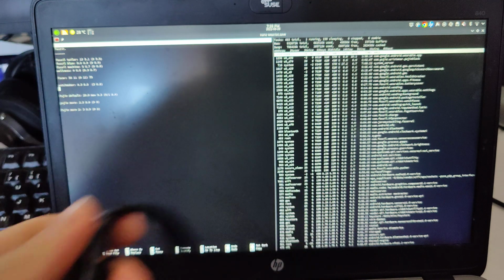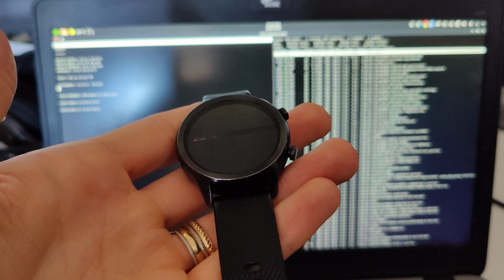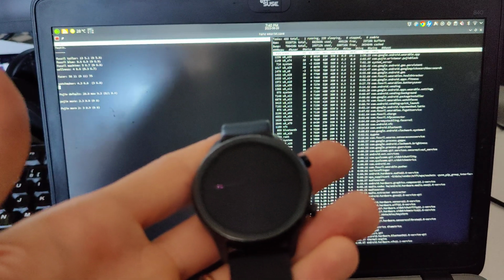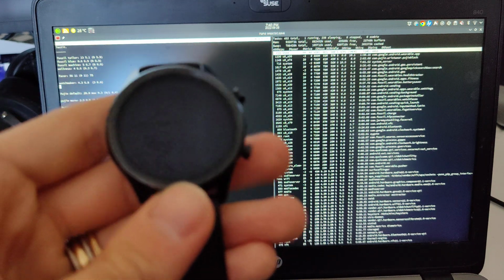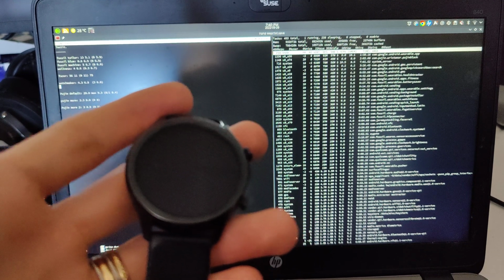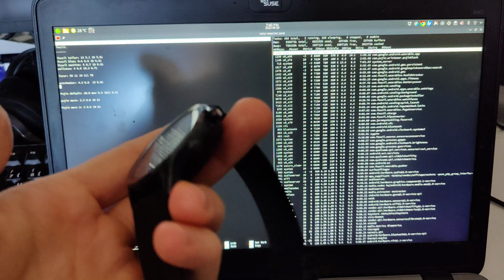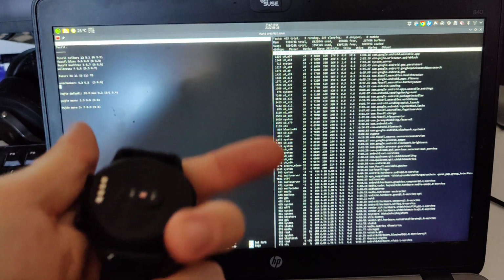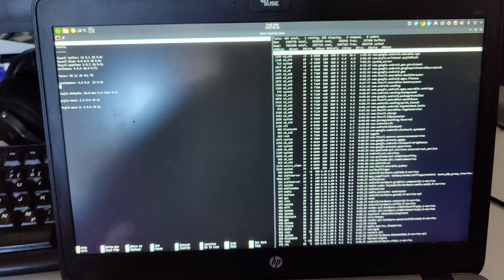But actually, when I deleted all the bloatware that was in it, then it was quite impressive, because it worked kind of smoothly. So if you have a Linux machine or Windows with some capability to run ADB commands, then you can delete bloatware from this device. I guess also from other Wear OS devices. But yep, with the Mobvoi watches, the ADB works,